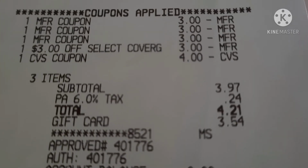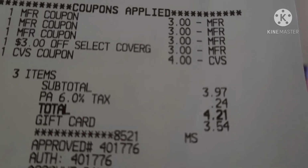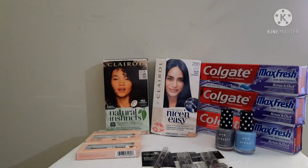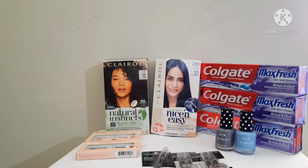So you see I paid $3.97 plus tax for a total of $4.21. And guess what? I got back a $6 extra buck. So normally, I would have used the $6 extra buck for my next transaction, but because the next transaction was just about free, I'm putting that $6 extra buck in my pocket, and I'm going to save that for another